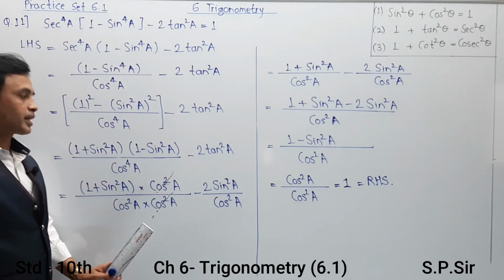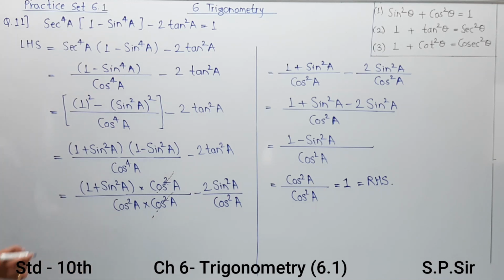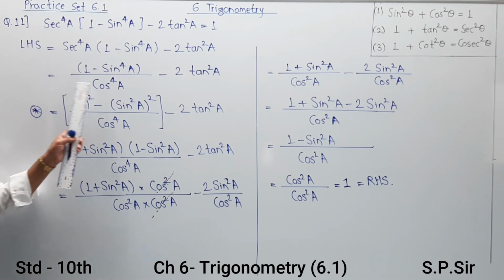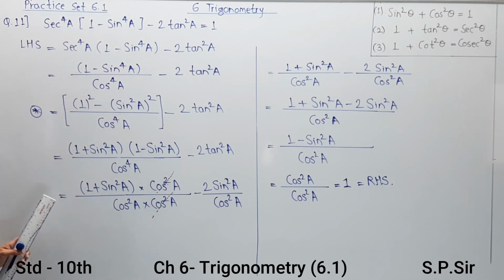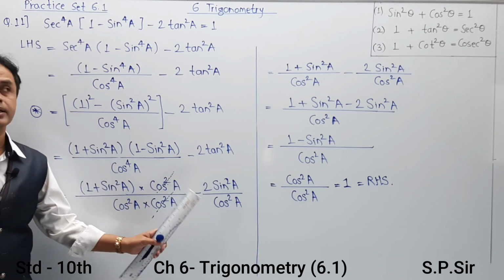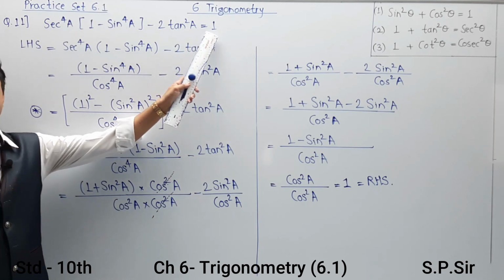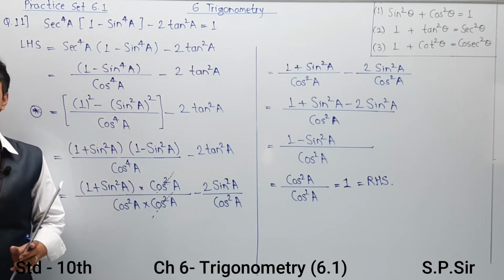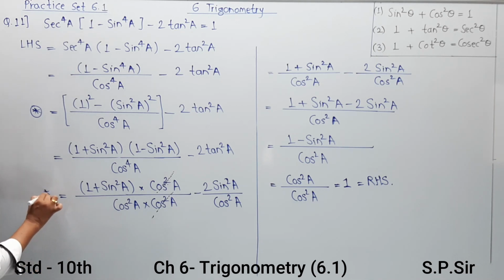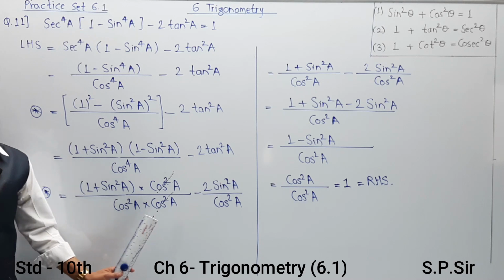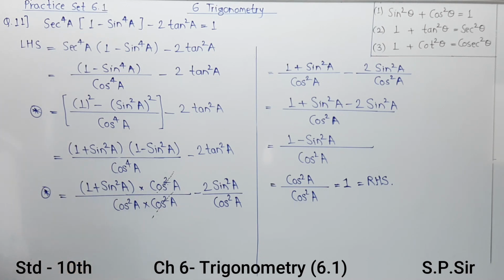Once again students, there are two main steps which are taking turn over here. The first step is where the numerical is going to get turned, and you should understand this logic. And second, the cancellation effect. Why? You have to try maximum cancellation because your LHS is longer in length or higher in content, and RHS is simple, means you have to reduce each and every step. That is the focus of this numerical. So this step is important where you make maximum cancellation. In this way you can solve this numerical.